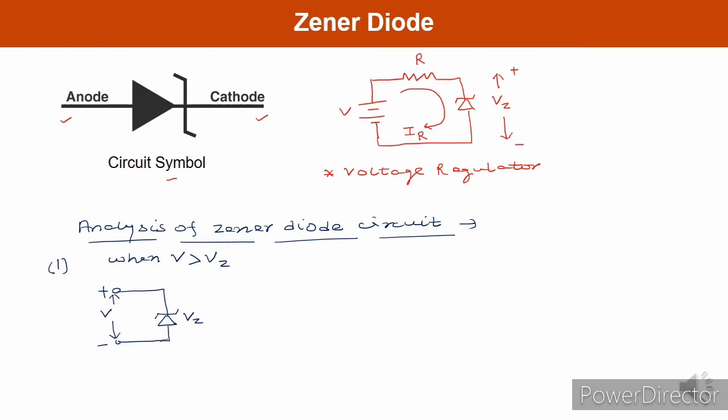In the breakdown region, an ideal Zener diode may be represented by a battery itself. It can now be represented as a battery with positive and negative terminals. This is nothing but Vz, plus and minus. Current will be flowing in this direction, which is Iz, and V is the applied potential. This is plus and this is minus. And in this condition, the Zener diode is said to be in the on state. This is the on state.